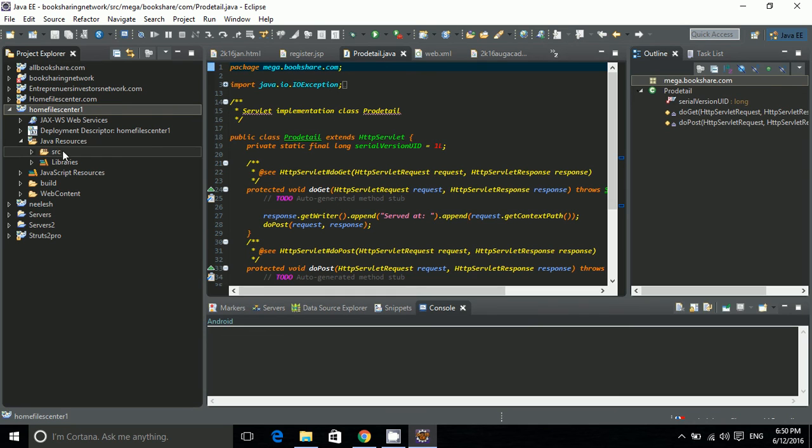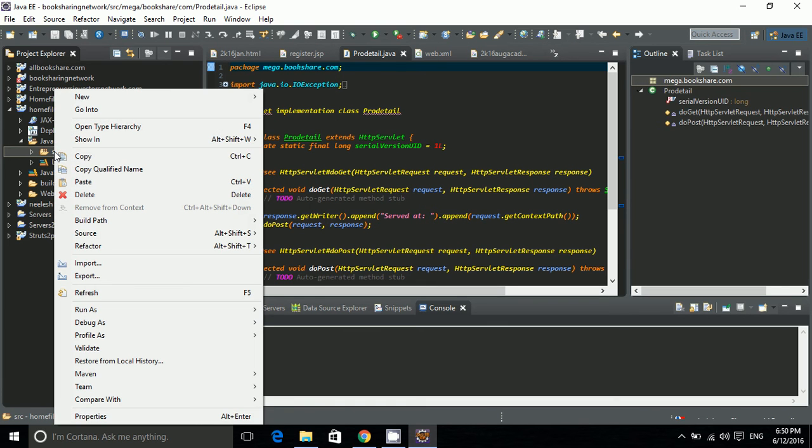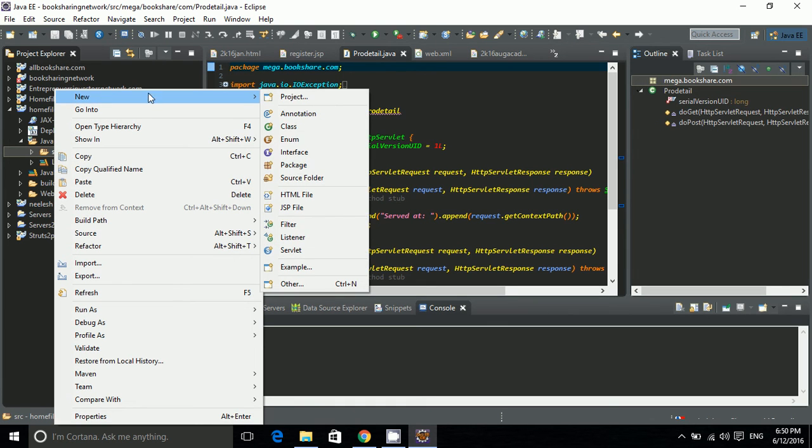And once you have a source folder, in that you have to make a package. Inside that package you will store all your Java classes, whatever classes your project needs. Now to make that, right click on this, and it is loading. Now click on New, and in New you see plenty of options: class, enum, interface, HTML5, JSP file. So we have to make a package, and inside that package we will put all the Java files.